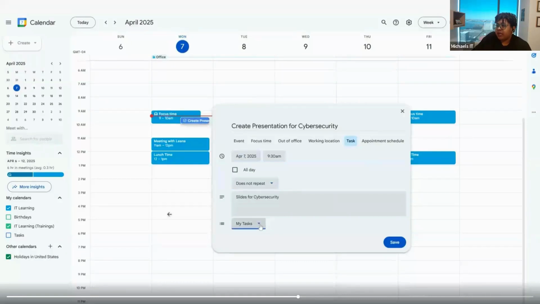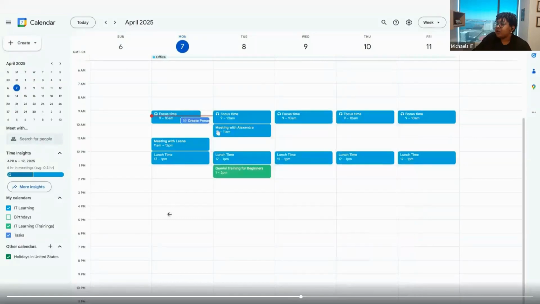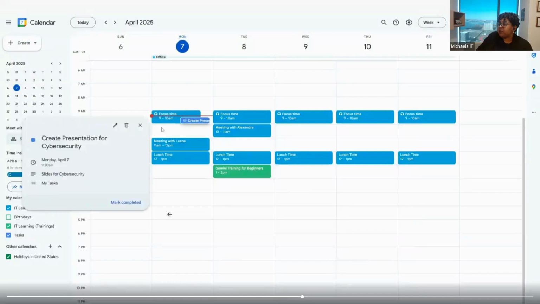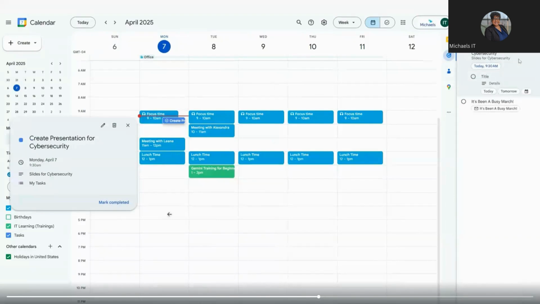Because this is a one-time training, I'm going to hit does not repeat and I'm going to go ahead and add it to my tasks. Now you can see right there that the task has been made and it is now on my calendar. I can choose to mark it as complete. If you go to your right hand side, you can also see tasks, subtask, or I can create a subtask